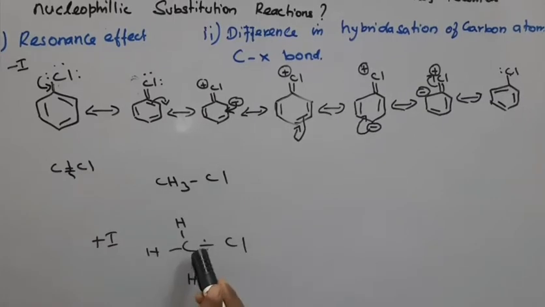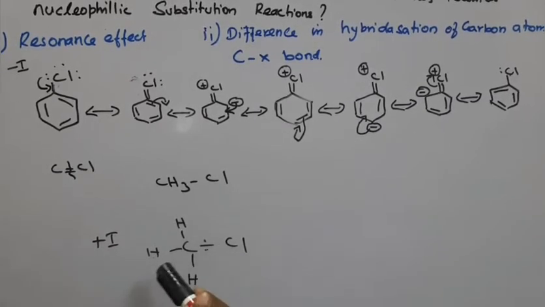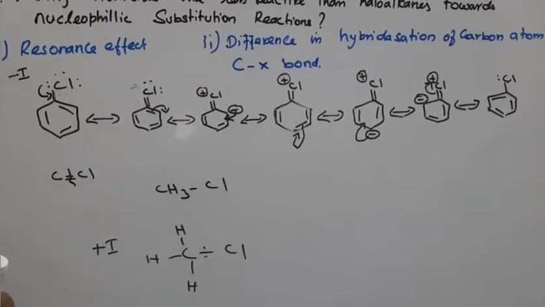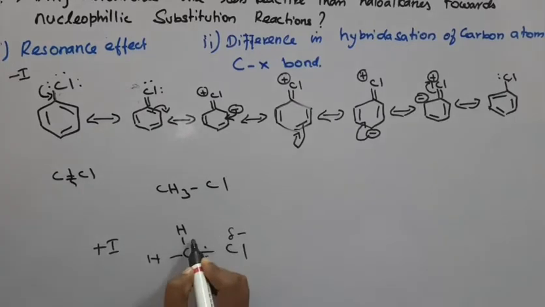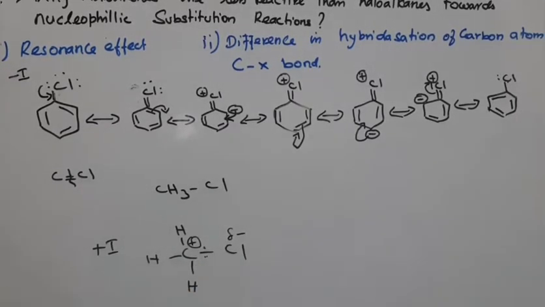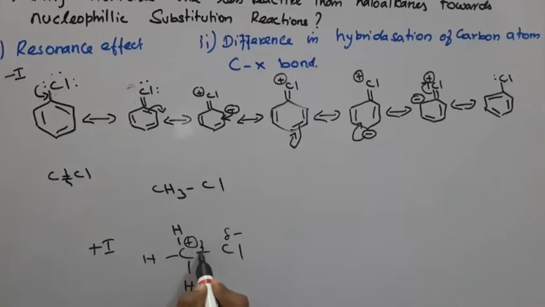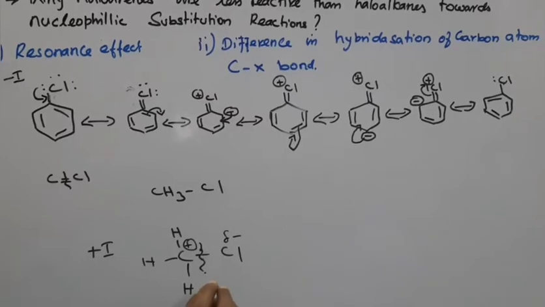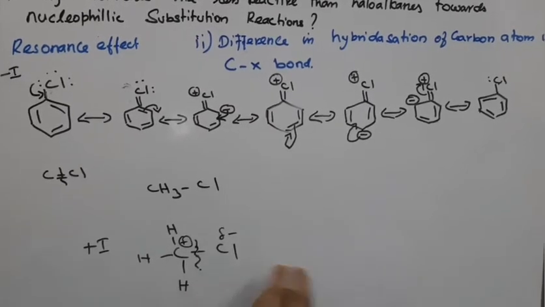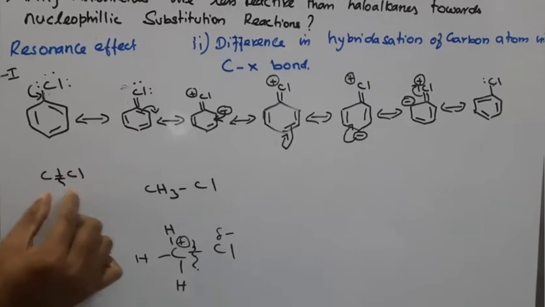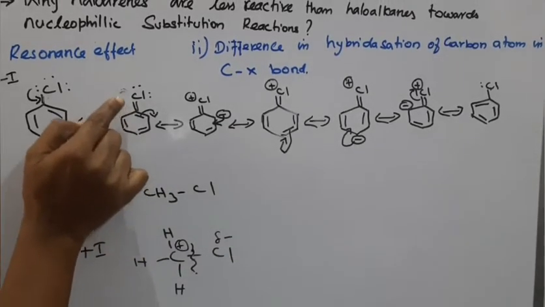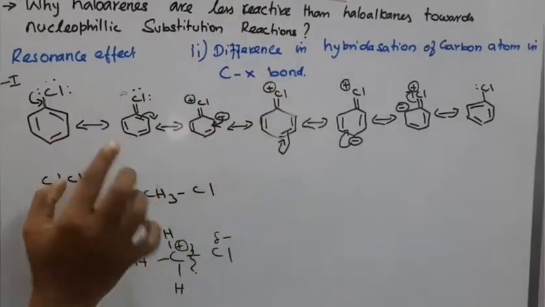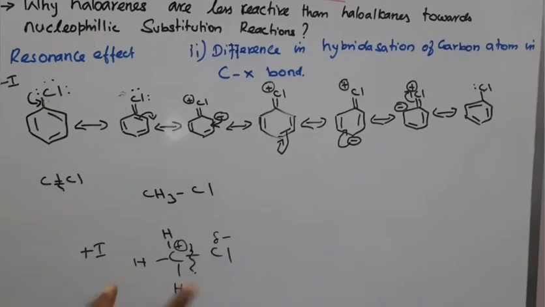In a highly electronegative element, there is the ability to attract the electron itself. So it attains a negative charge, and the carbon attains a positive charge. Here you can easily see this bond break up, and so this chlorine is a best leaving group, and it readily participates in other chemical reactions. But here, because of the partial double bond, we cannot split it up easily. So the haloarenes are less reactive compared to the haloalkanes.